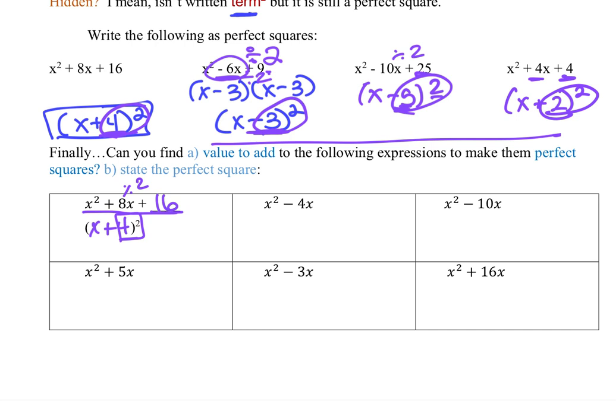It's the same one. We just factored it there, and here we made it. So for this one here, x minus 4, we need to add something to create the binomial. I like to create the binomial first because that's where I get the number to square. So I take that negative 4, divide it by 2,